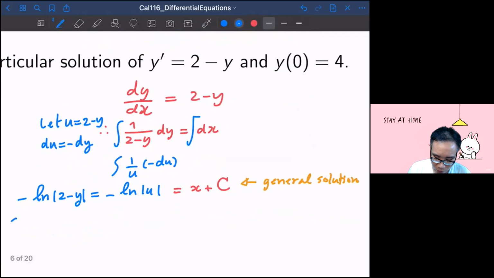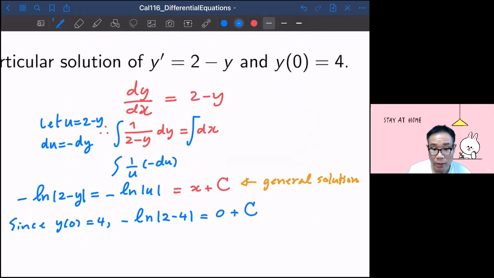Okay, so since y of 0 equal to 4, you get negative log of 2 minus 4 equal to x equal to 0 plus c, and this will give you c equal to negative log 2. Okay, so you have c equal to negative log 2 in this case,